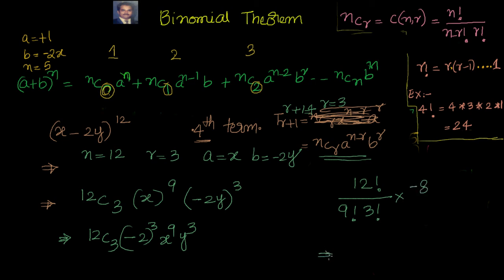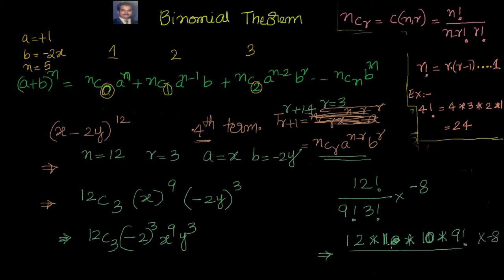So this is what I have to simplify. Now 12 factorial I can write as 12 into 11 into 10 into 9 factorial. I'll just put minus 8 here,